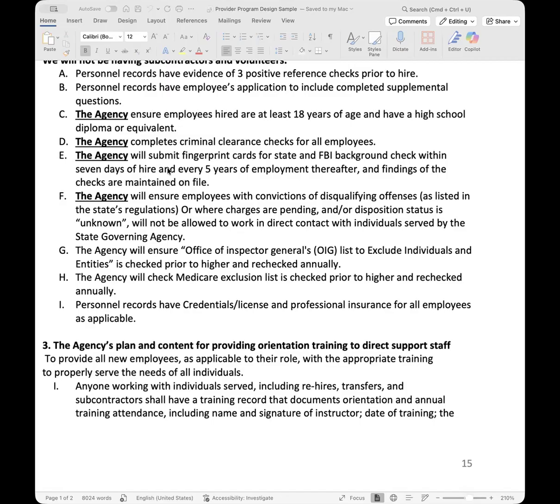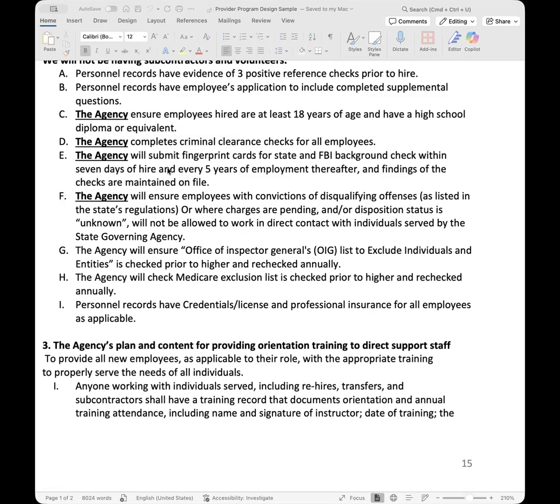However, even if you're in California, all of the findings need to be kept on file. Other agencies will get a list of any findings in the background. They'll send you the whole sheet. If you're in California, it'll just say qualified or disqualified.